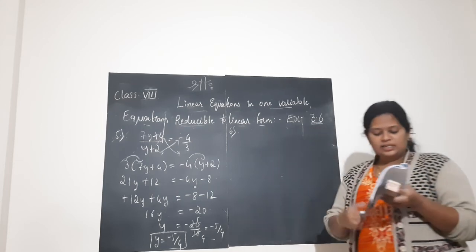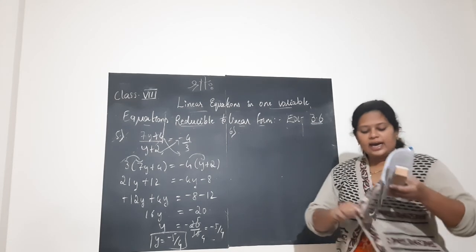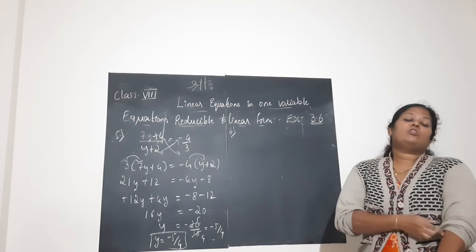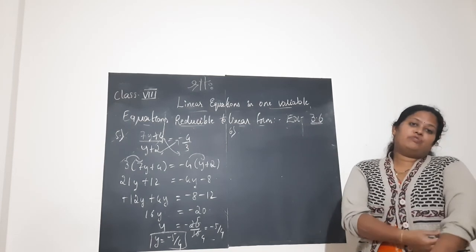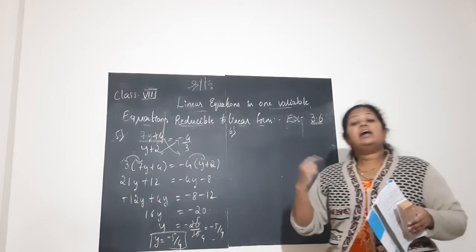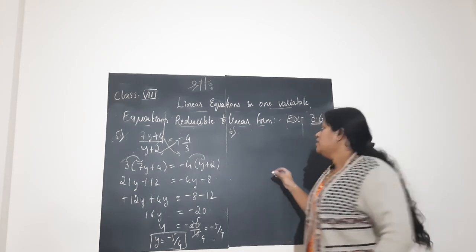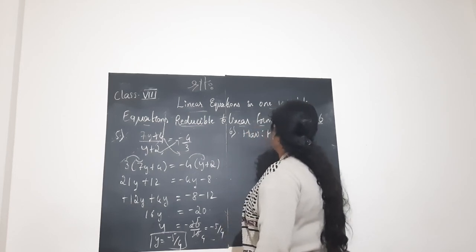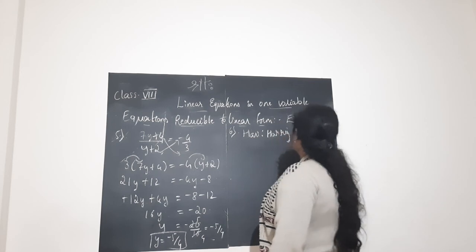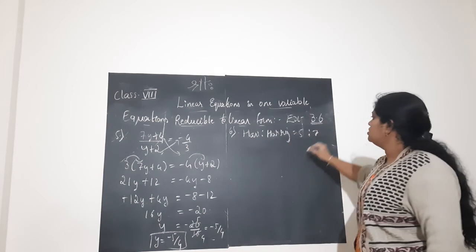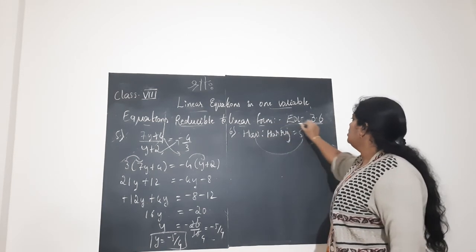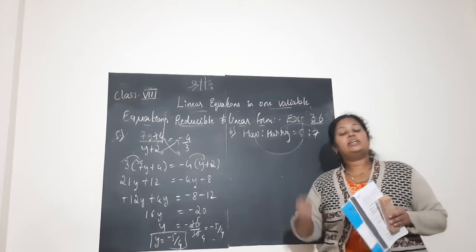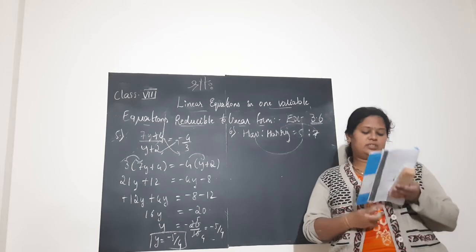So the question is, the ages of Hari and Harry are in the ratio 5:7. While solving, I taught you children, if it is given in the ratio form, how you should write. Hari and Harry means 5:7. Hari is to Harry is equal to 5:7. Hari gets 5, Harry comes next, so Harry gets 7. Like that way you should consider in order in whichever the question is given.